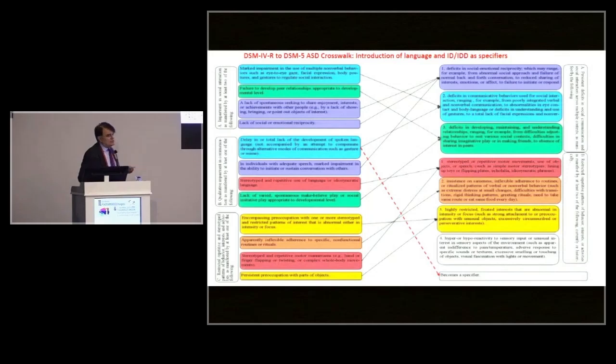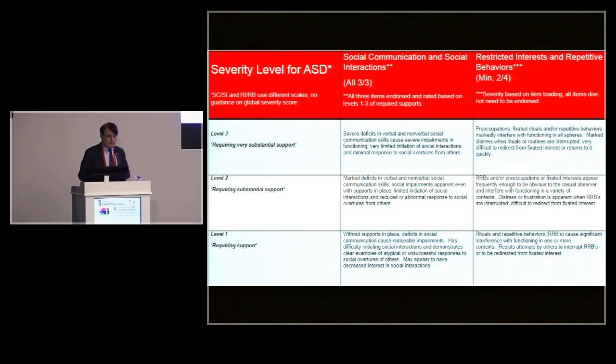But you also see that the criteria were bolstered by more words that make them more complex. The second most important change was the introduction of hyperreactivity and sensory issues in ASD, a very important criterion that was added. In terms of severity, if you have studied the diagnostic manual, the DSM-5, you will see that there is a severity criterion mentioned for autism, but no one actually uses it.